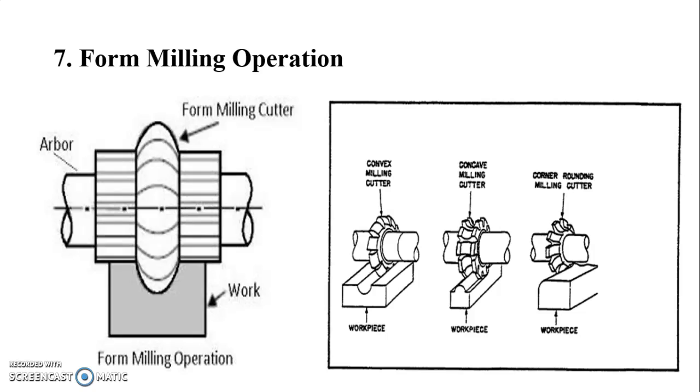Other jobs for form milling cutters include milling intricate patterns on workpieces and milling several complex surfaces in a single cut, such as are produced by gang milling. Cutting gears on a milling machine is a common application of form milling. This operation is done at a comparatively much lower cutter speed than the plain milling operation.